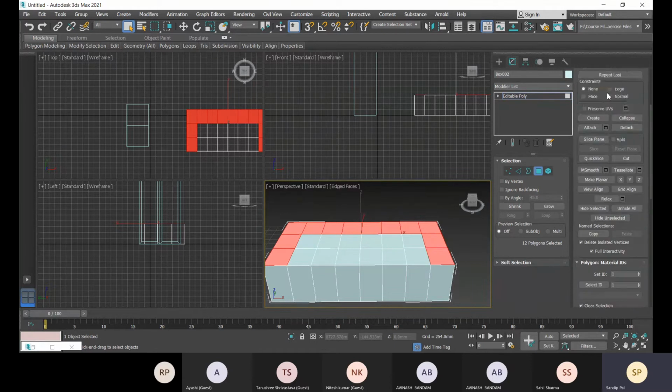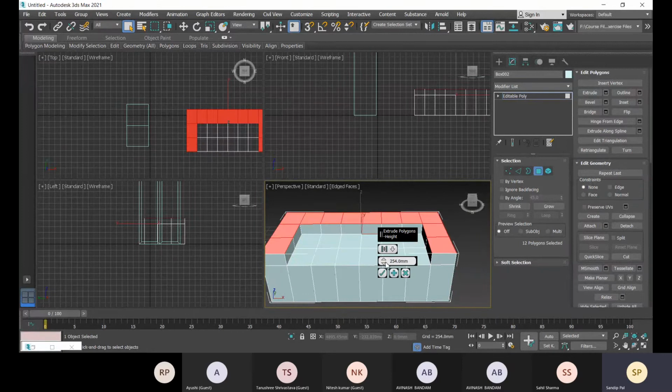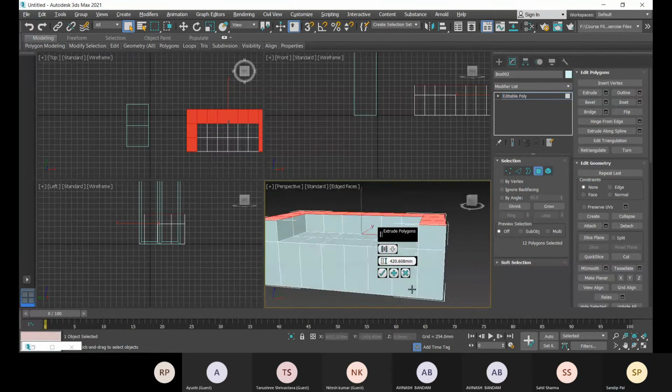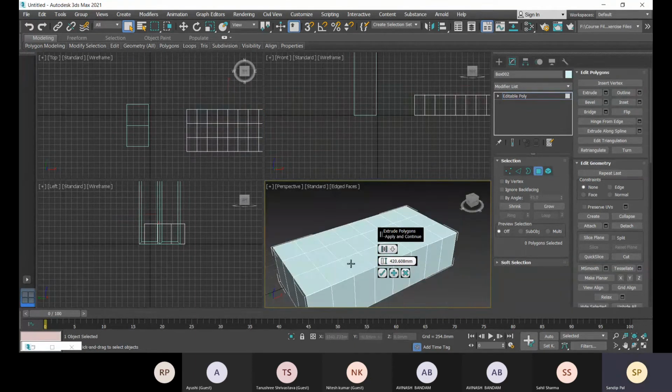I will extrude this part, so go with this extrude.